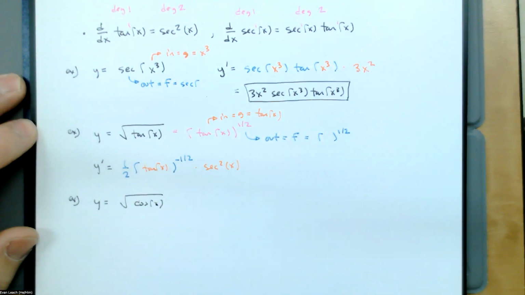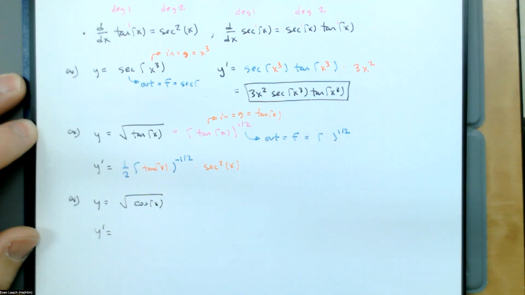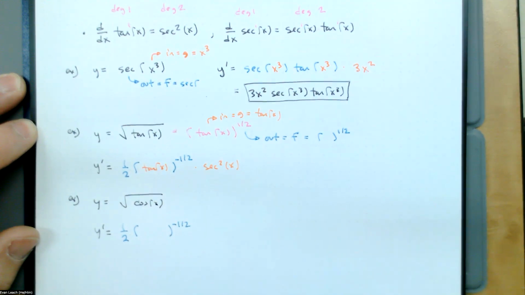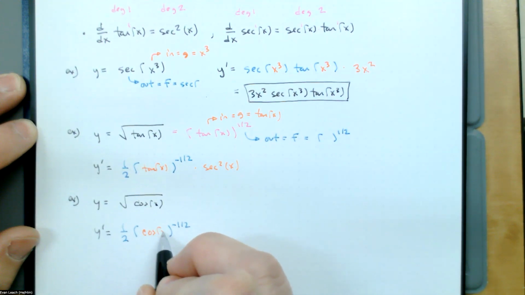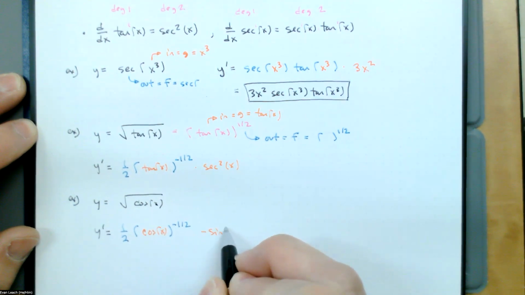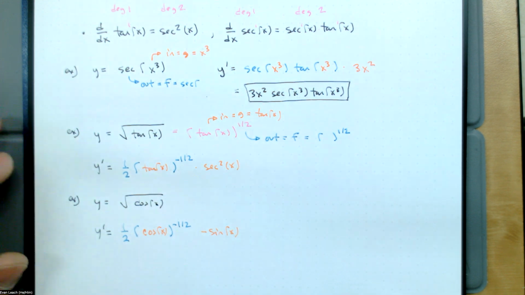So y prime, the derivative of the square root of something is 1/2 that thing to the negative 1/2 times the derivative of that thing. That thing is cosine x. The derivative of cosine is negative sine x. This is where things are most dangerous. I'm multiplying by negative sine x, but I've written it as subtract the sine x. When we're multiplying,